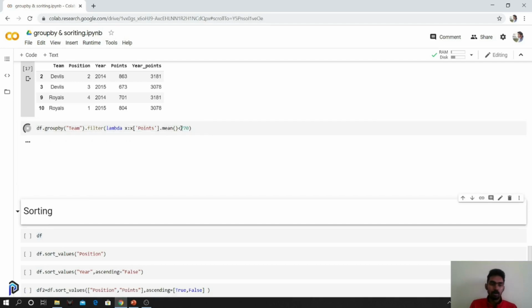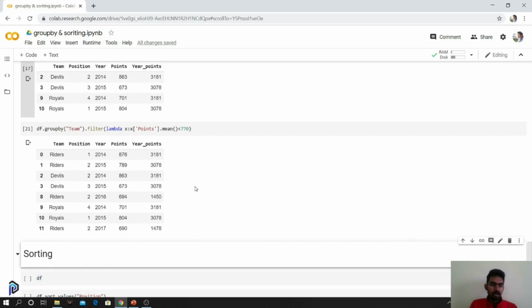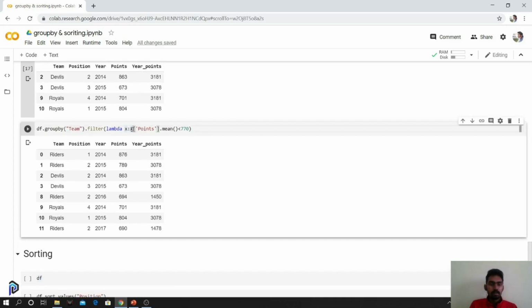All the other teams would be printed, Raiders and Royals, because their average point is not above 770. So I'm first grouping by the team, then applying a filter where I'm selecting the points column and setting the mean. The mean would be the average of the points in that particular team alone, and finally putting a condition and choosing it. So this is all about group by.